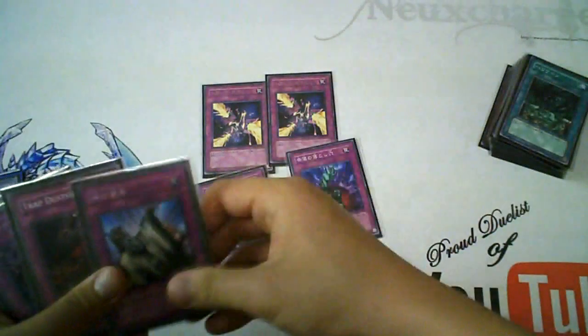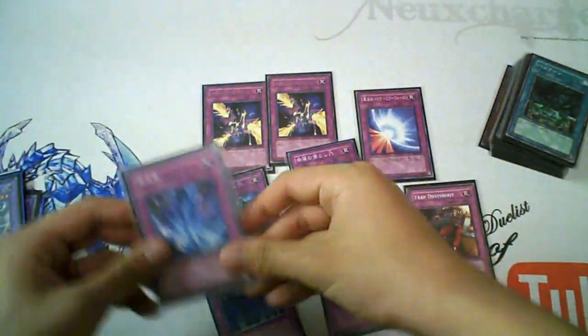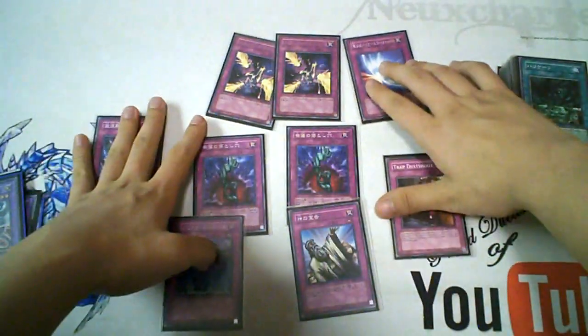But yeah, now we move on to the traps, which is 2 Trap Stun, 2 Bottomless Trap Hole, 1 Solemn, 1 Trap Dustshoot, 1 Call of the Haunted, 1 Mirror Force, and 1 Torrential Tribute. It's actually a really trap heavy deck, but